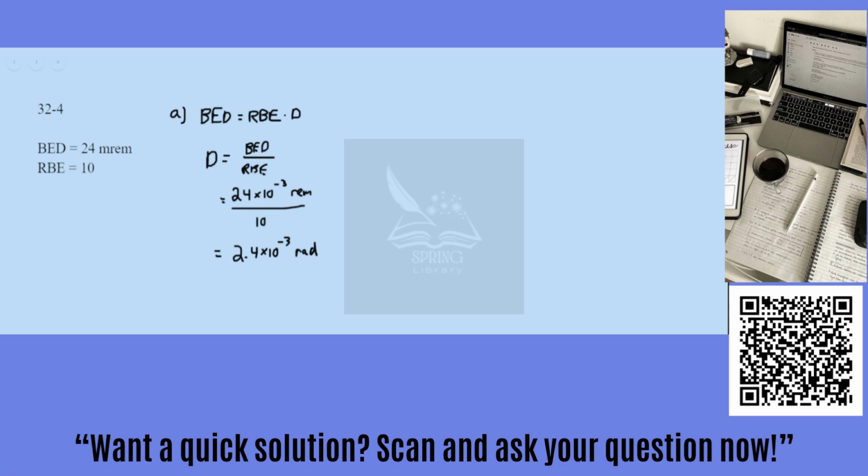Great. Part B of this question states that the person absorbs 1.9 times 10 to the negative 3 joules of energy from cosmic rays in a year. And what is this person's mass? So for part B, we're told this energy absorbed is 1.9 times 10 to the negative 3